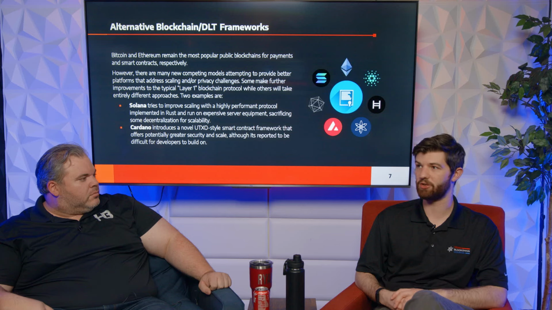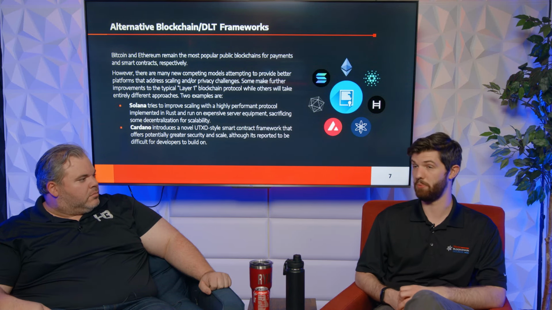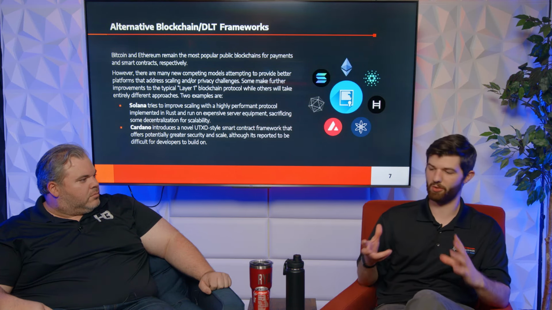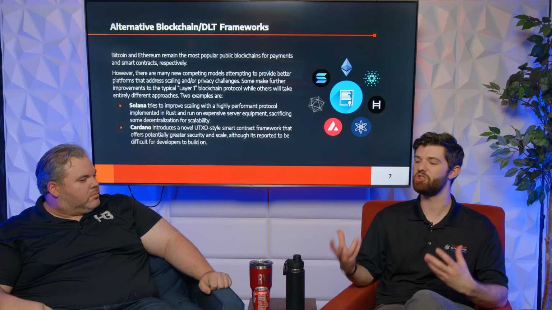But I would say that they've made an explicit trade-off with decentralization. There's still roughly 1,000 validators running on the network, so it's not completely centralized, but it's definitely less decentralized than Bitcoin or Ethereum. There's also a question of how the crypto was issued to people, so there's a disagreement about how much it went to VCs and stuff, but I won't get into too much detail because I'm not here to bash any specific crypto. I'll just say there are trade-offs that they had to make. And then Cardano, which is another one, they are doing some sort of a novel UTXO-style smart contract framework.